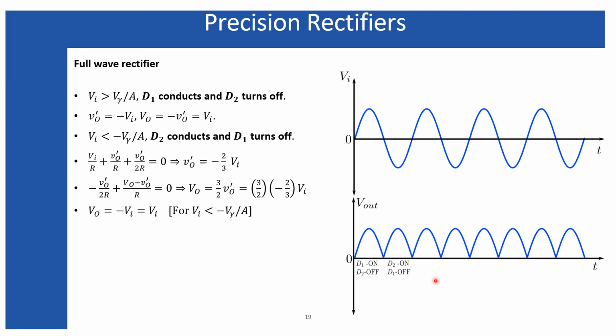And finally, the output voltage can be obtained as shown over here for the input voltage shown over here, and such kind of output can be obtained for 100 millivolt range, 50 millivolt, 200 millivolt. That means less than the threshold voltage of the diode itself. So that is why this is the precision rectifier, full wave precision rectifier, and these are the conditions for the positive half cycle, and this is the condition for the negative half cycle. And for that I have obtained this Vi for positive half cycle and also Vi for the negative half cycle.